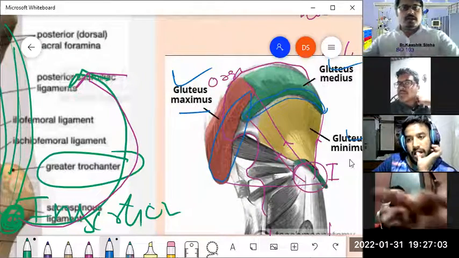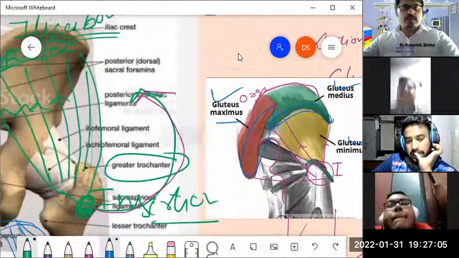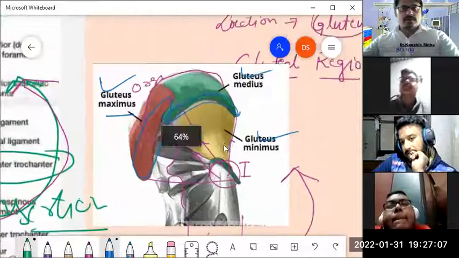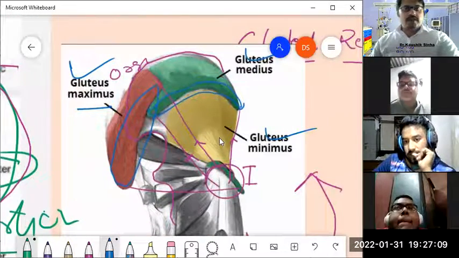Similarly, the gluteus minimus is a small layer. Though it is a small layer, but